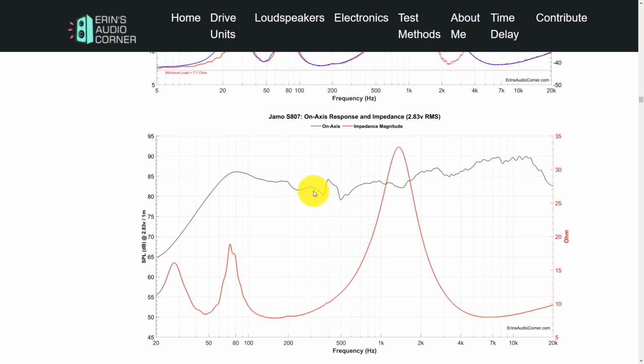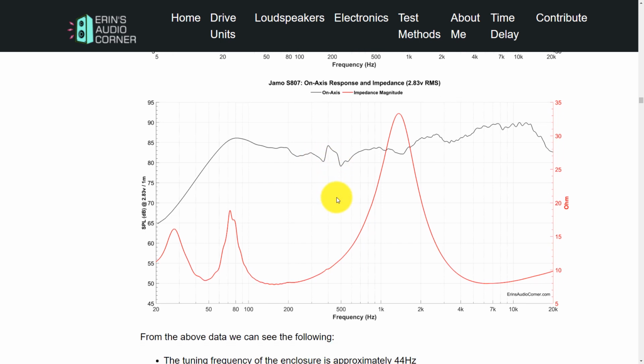overlaid against the frequency response on axis at 2.83 volts. This one is just if you want to try to correlate some things. For example, there's some wiggles around here in the 200 hertz region, and there's also a little bump around the 400 hertz region. Typically, those are signs of resonance either in the enclosure or the speaker basket or something along those lines. Without disassembling the speaker in the enclosure and doing further testing, you won't know for sure, but that